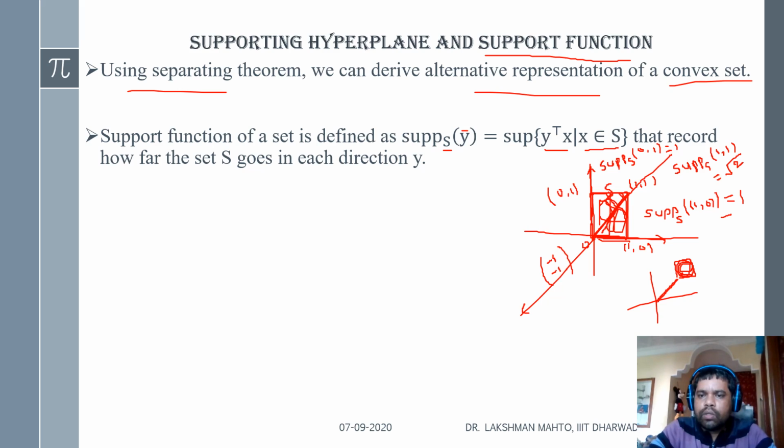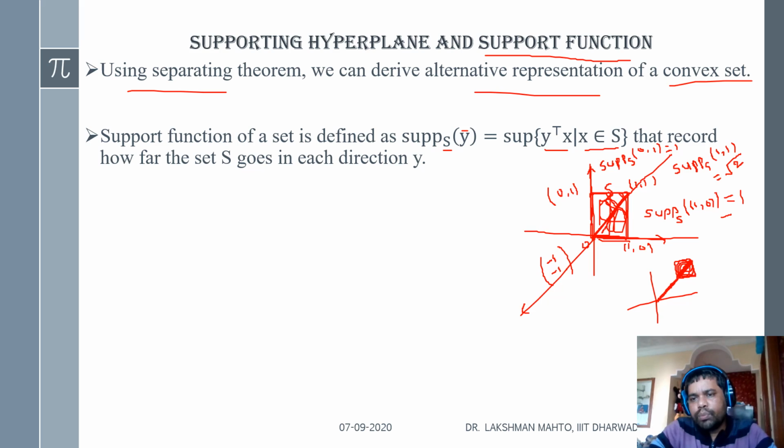So here, to find the support, you will find a difference. Find this length, and also find up to this length. Then what you do? Subtract this length up to here from this length. So the actual support is this diagonal length. In the direction of (1, 1), the actual support is coming this way.